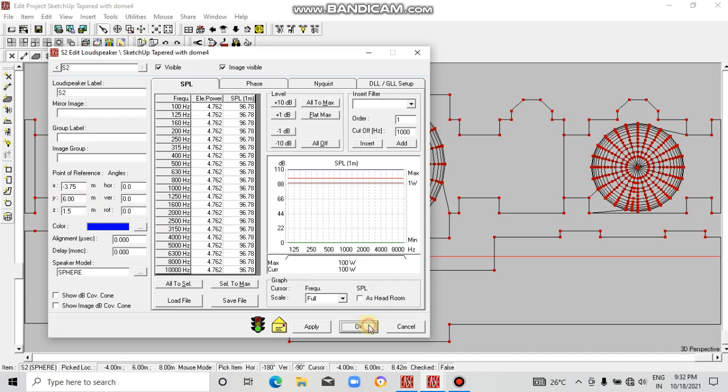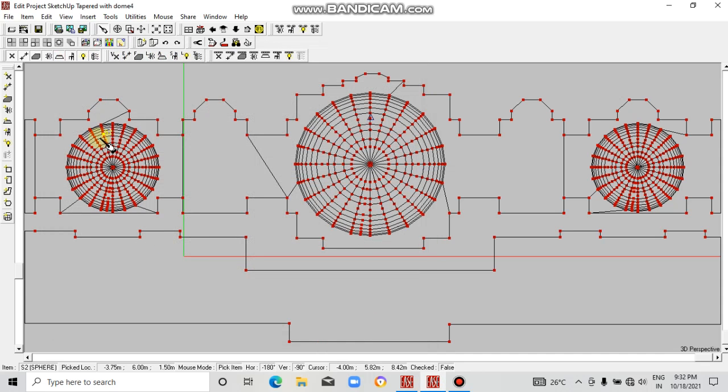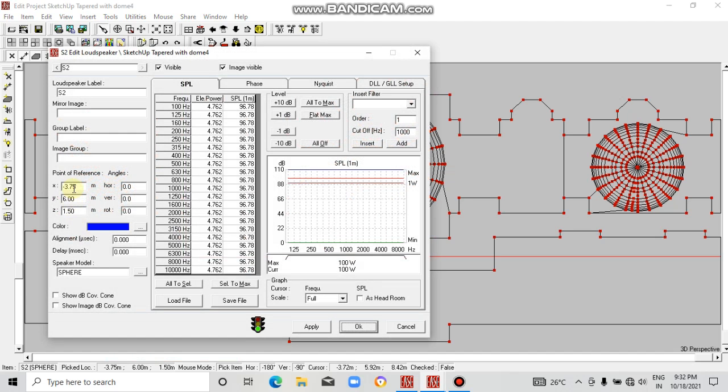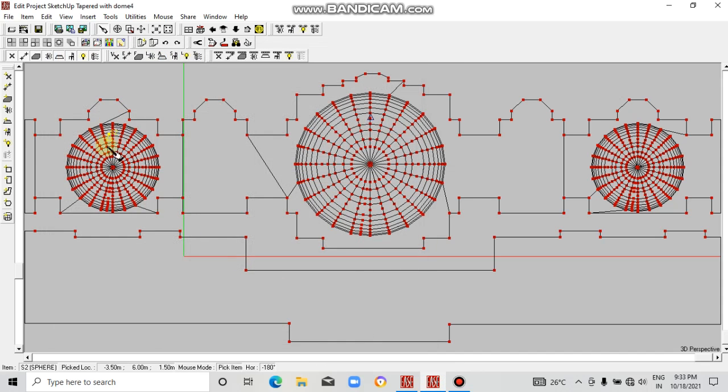It will move slightly towards the right, I think. We also want to bring it here, so we right click again and make it 3.5, -3.5, and then check it again. So this is nearly at the center.